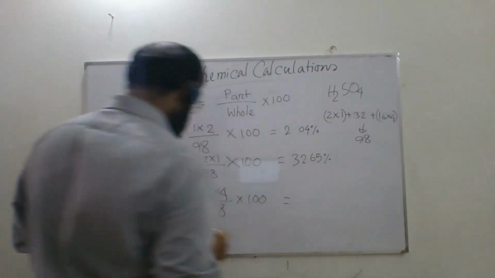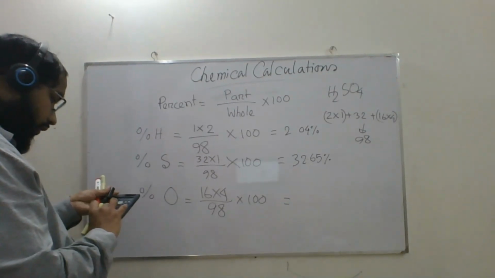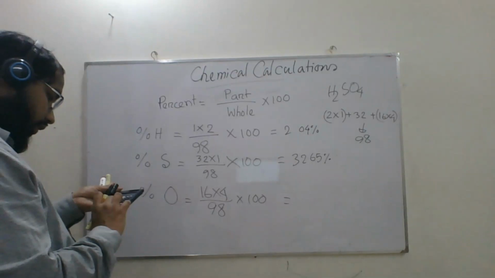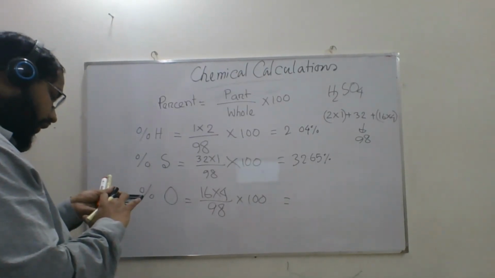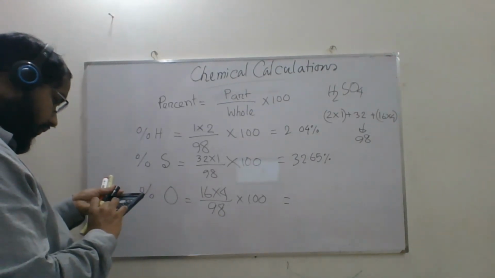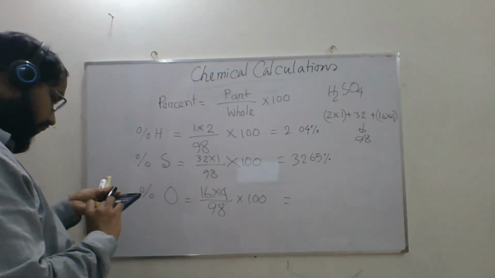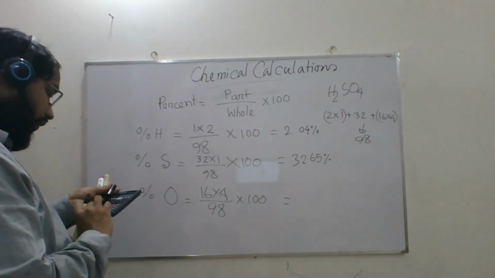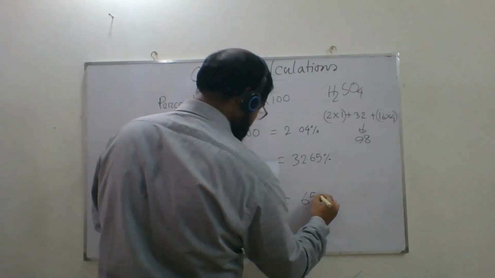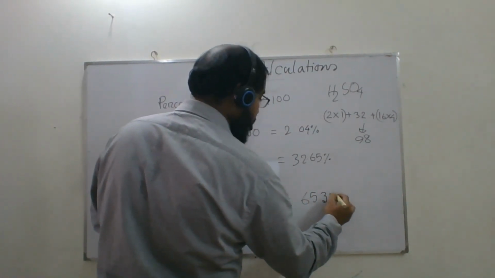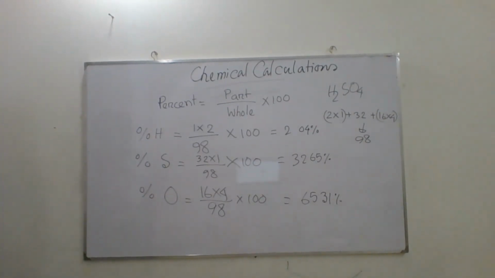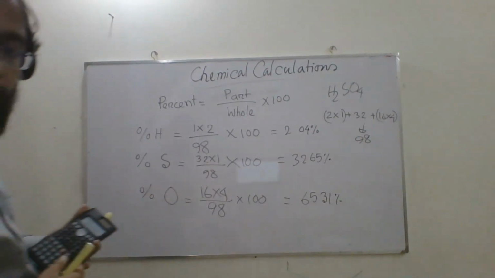Then for oxygen, 16 into 4 divided by 98 into 100, 65.3031%. Okay, so this is basically the percent composition, and the most interesting thing of the percent composition calculation is